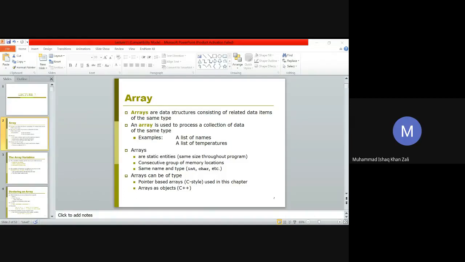मैम आवाज नहीं आ रही। ओके, अब आवाज़ आ रही है आपकी? आपको मेरी आवाज़ आ रही है? जी, आवाज़ आ रही है अब? जी जी आ रही है। अच्छा,